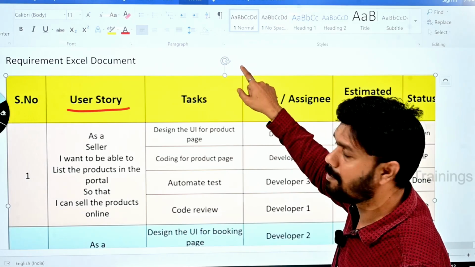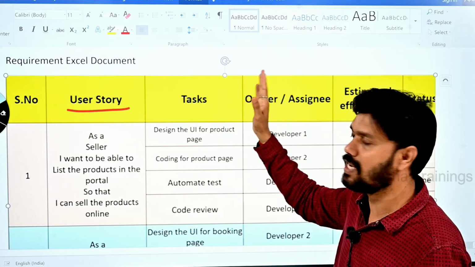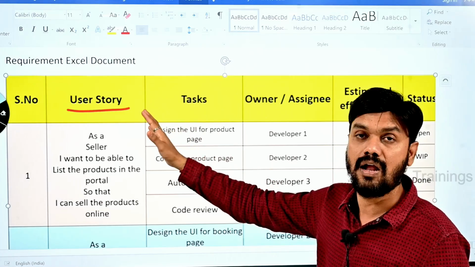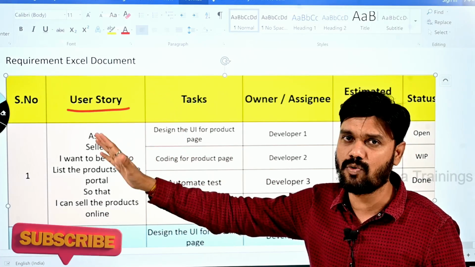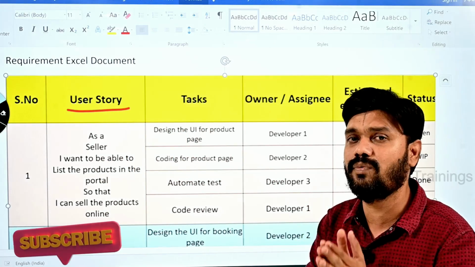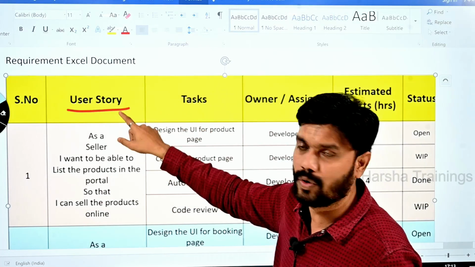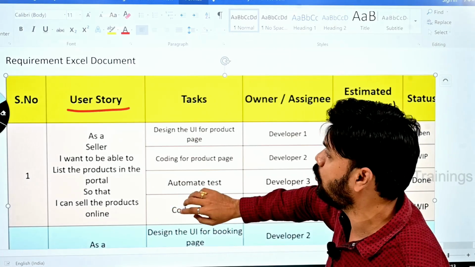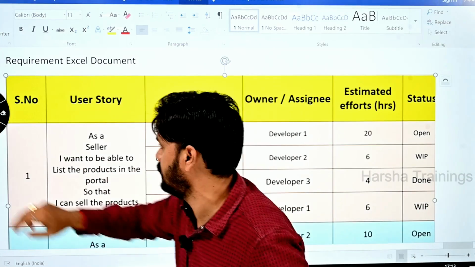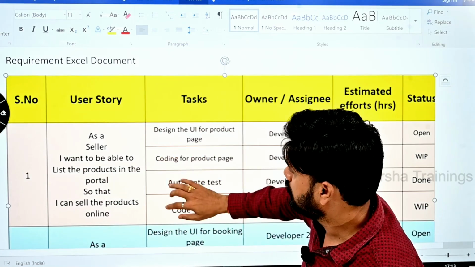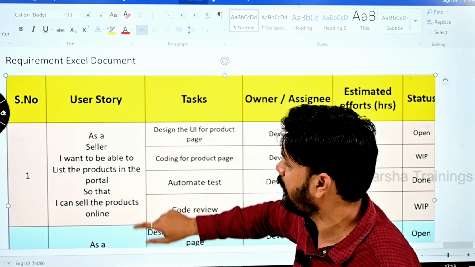So a set of requirements will be drafted and those requirements will be assigned to a developer, and the developer will be working on those requirements. All these requirements that we are going to assign to a developer are called user stories. And in the user story, you have something called story points. What do you have? Story points. See here, user story, story point 1